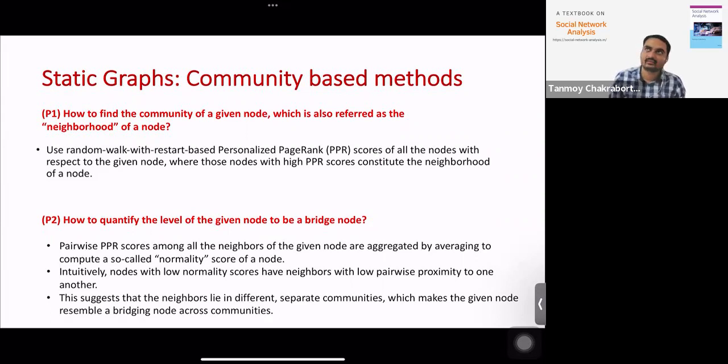So if you have this kind of setup, you can calculate personalized page rank or random walk with restart. Think of those nodes which are central nodes of a community, and those nodes which are peripheral nodes of a community. Now, if you start personalized page rank from a central node of a community, you see that